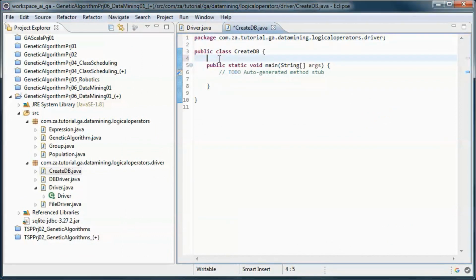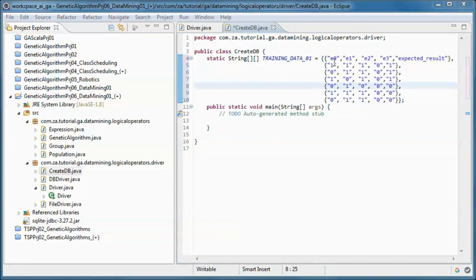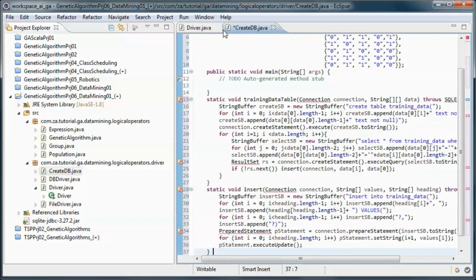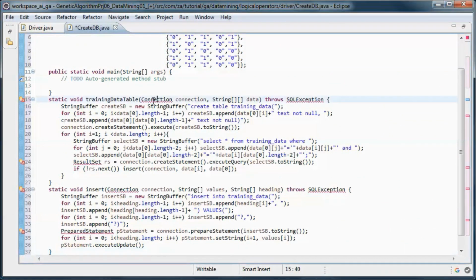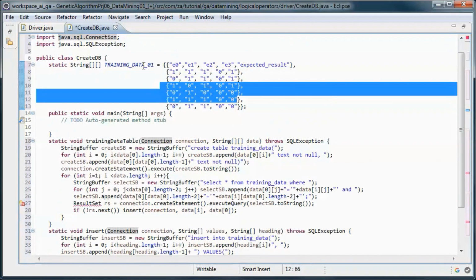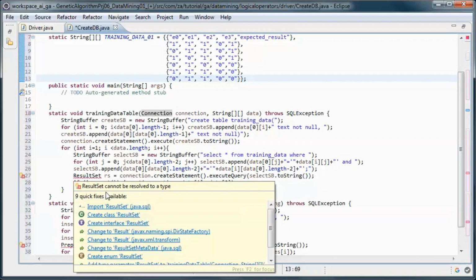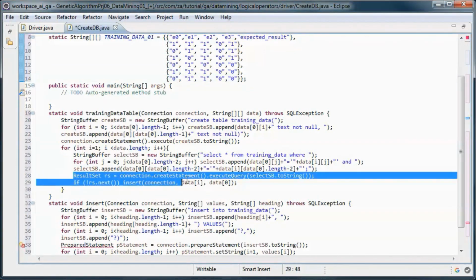So maybe let's have those values for events and expected result. And this method inserts data into the database, so this data, while making sure there is no conflict.